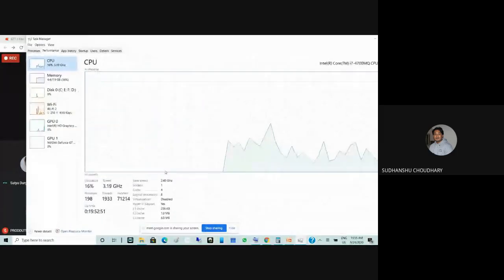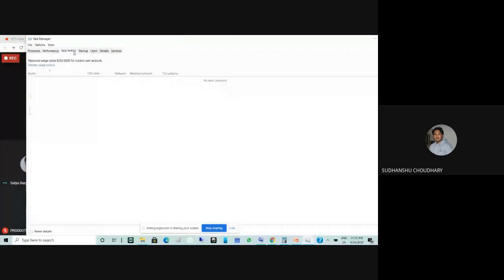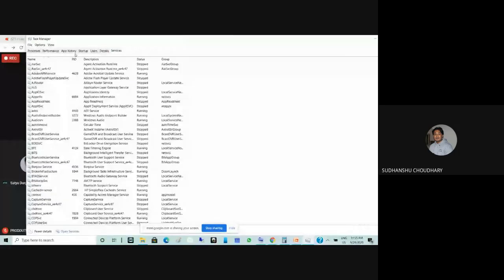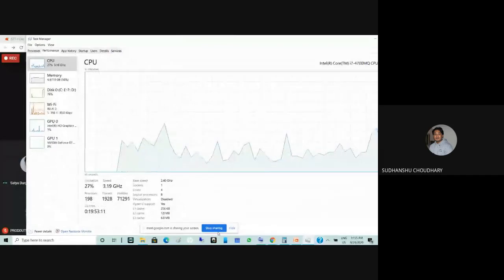Okay. So it has 8 logical processors. You can see here. There are 8 logical processors. Now, I don't know why it is not coming earlier. It used to show the status of all the 8 processors. Okay. So maybe let me see where it is.